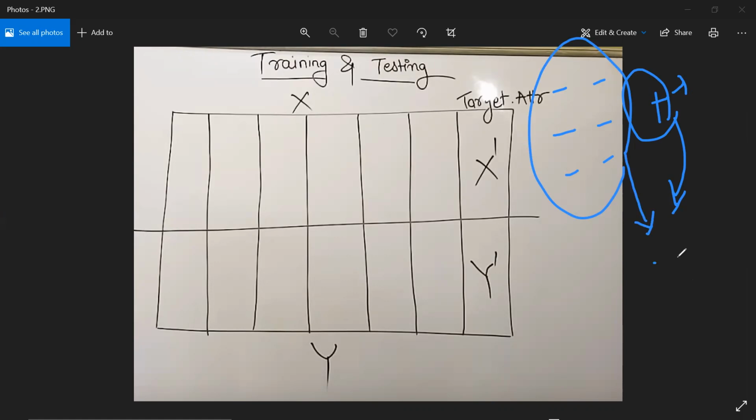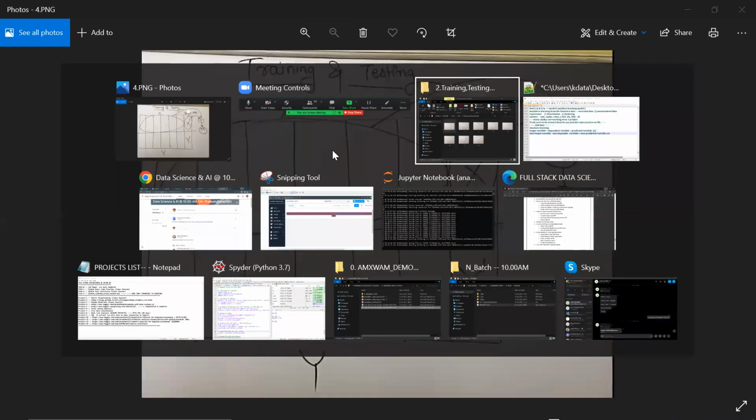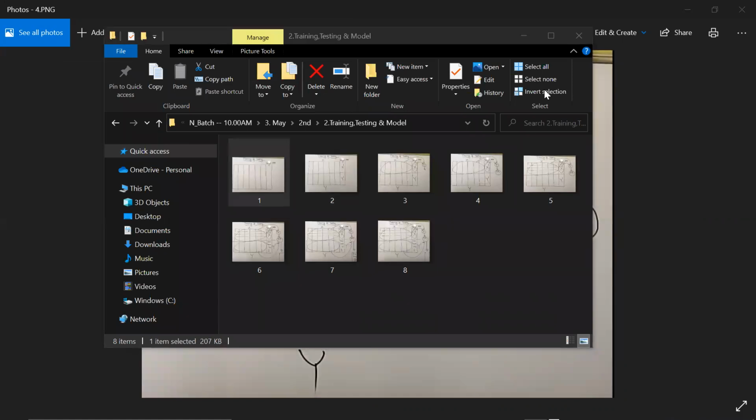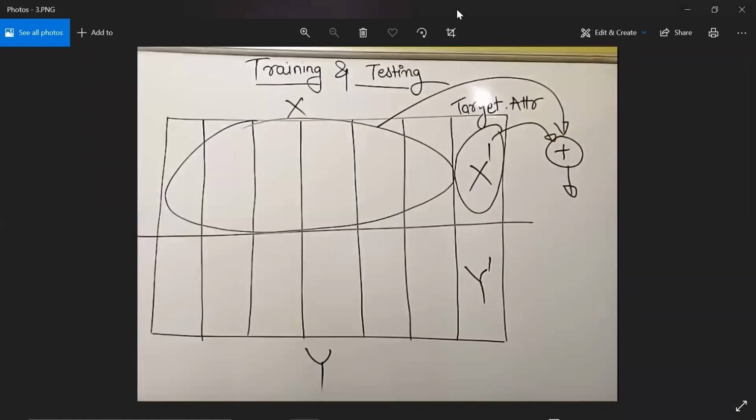This is actual, this is predicted. So let me explain this one here. I hope you understand what exactly X train, X test, Y train, Y test are. So let me tell you how to build the model. To build the model, I pass X train plus Y train. This is historical data or not? Can I say this is historical data?